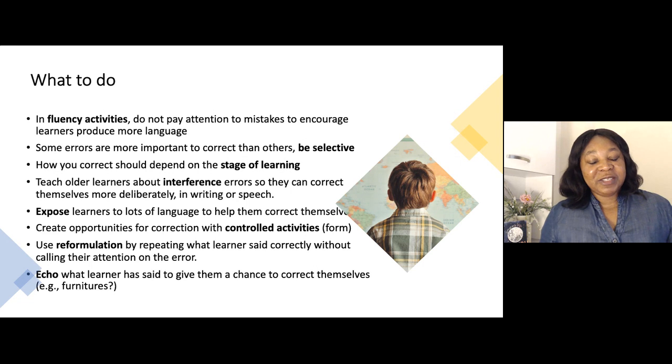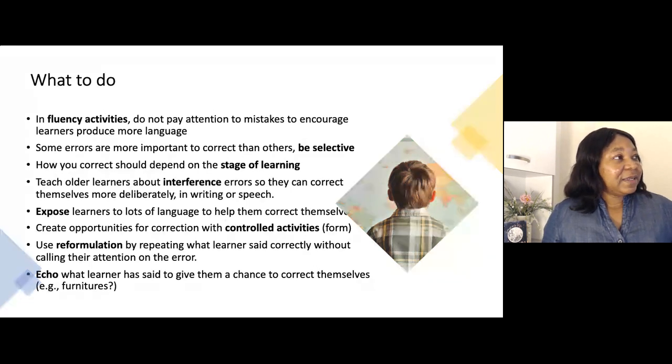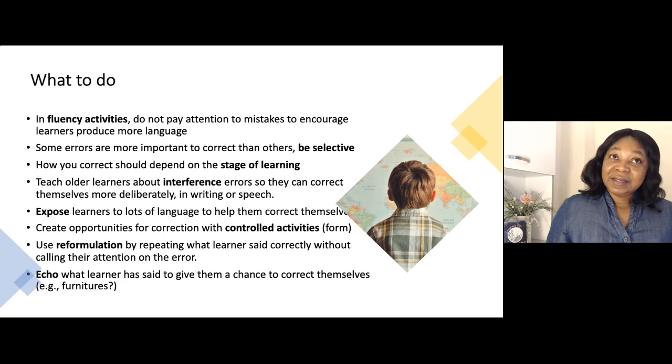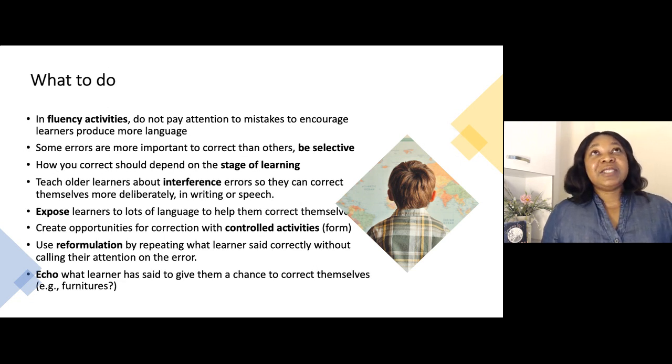Or you can use echo correction. I eat my biscuit. Eat? And if the learner is at the right level, the child will say, oh, I ate my biscuit. So learning to use the correct correction method is important. Should you be correcting a learner who is 5 years old with echo correction, or should you use reformulation? I eat my biscuit. I ate my biscuit. Or should you say, I eat my biscuit? Eat? You might use this for an older learner, and the learner will know immediately, I ate my biscuit.